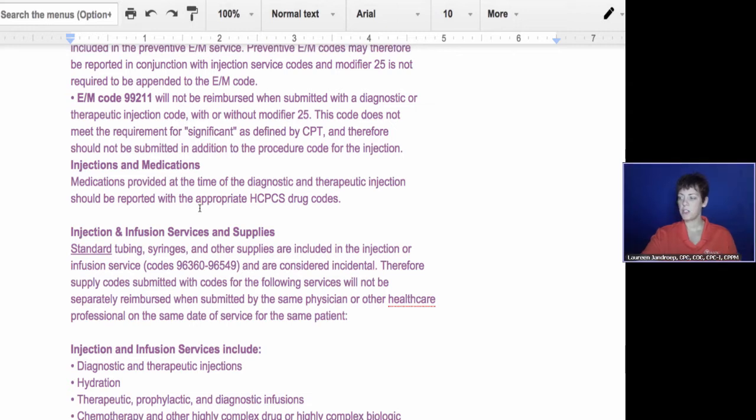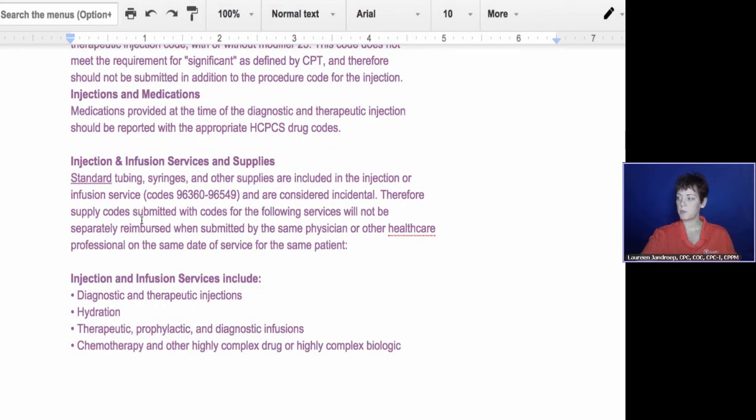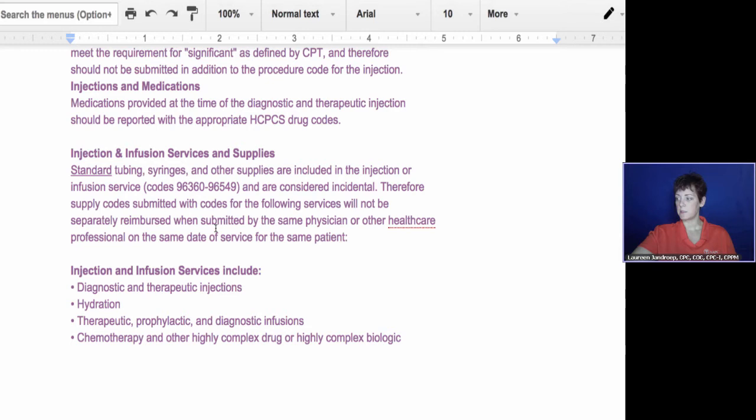Supplies, injection and infusion services and supplies, standard tubing, syringes, and other supplies are included in the injection infusion service code. So you don't want to try and bill for them separately, and they're considered incidental. So therefore, supply codes submitted with codes for the following services will not be separately reimbursed when submitted by the same physician or other healthcare professional. And